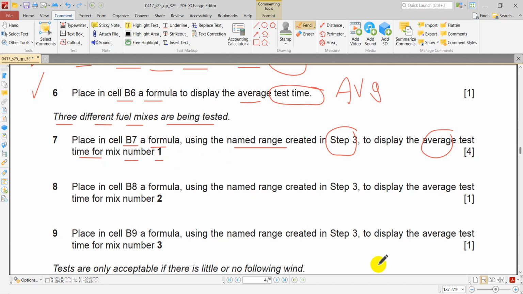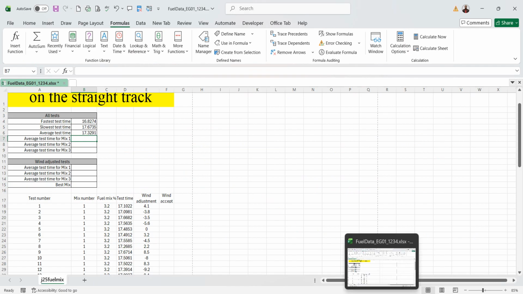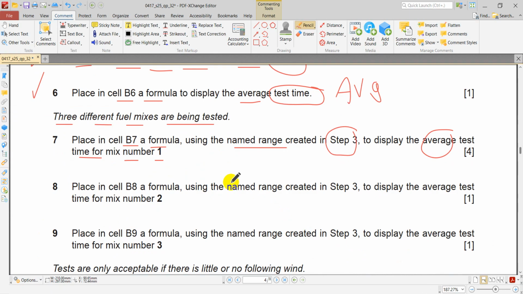So that means simply here we have in cell B7, we need to do what? We need to find the average for the name range, but depends on what? Depends on